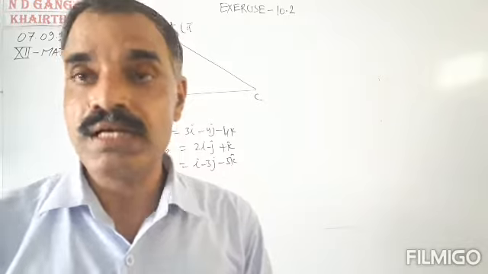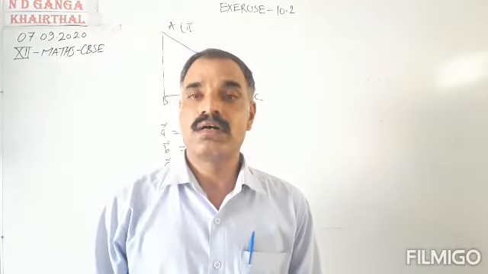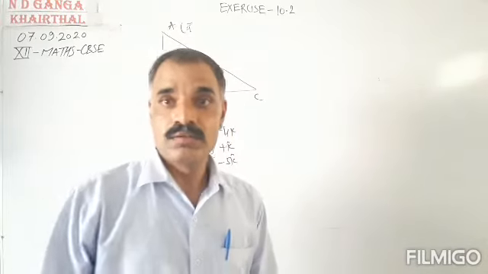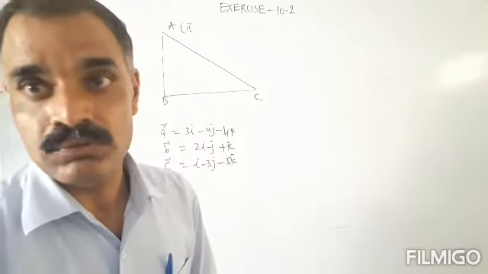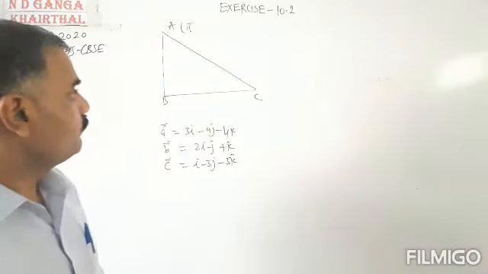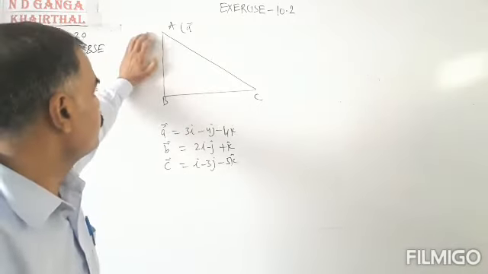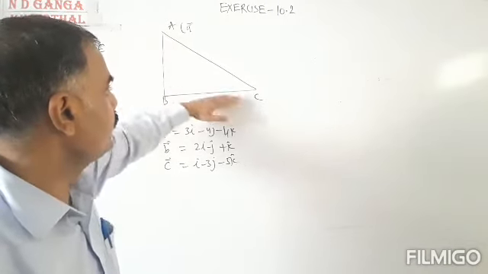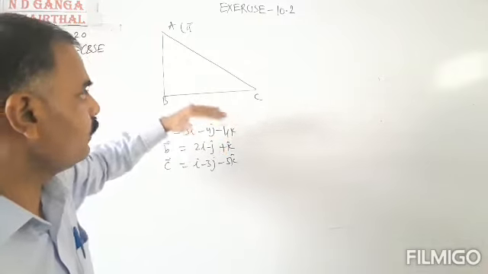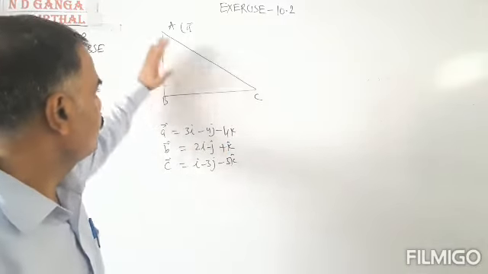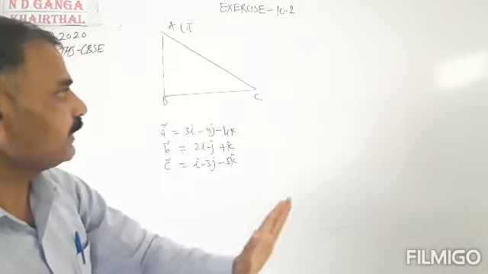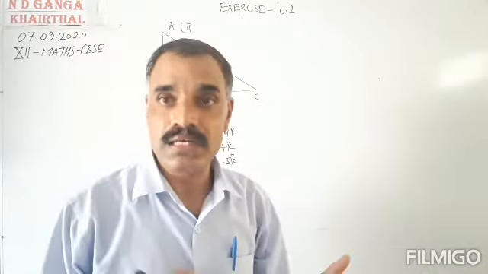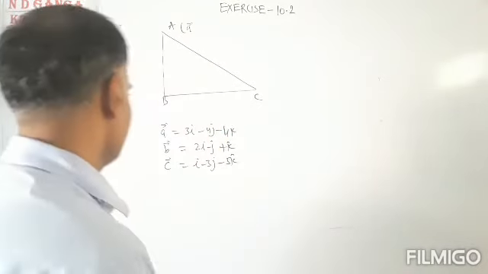And we want to prove that this triangle is a right triangle. How will you show that the given triangle is a right triangle? Everybody knows we will use the Pythagoras theorem. In the Pythagoras theorem we have the distances of the sides, that is AB, AC and BC. So first of all we will find the AB vector, BC vector and then AC vector, and after that we will find the magnitudes. Then we will verify the Pythagoras theorem.